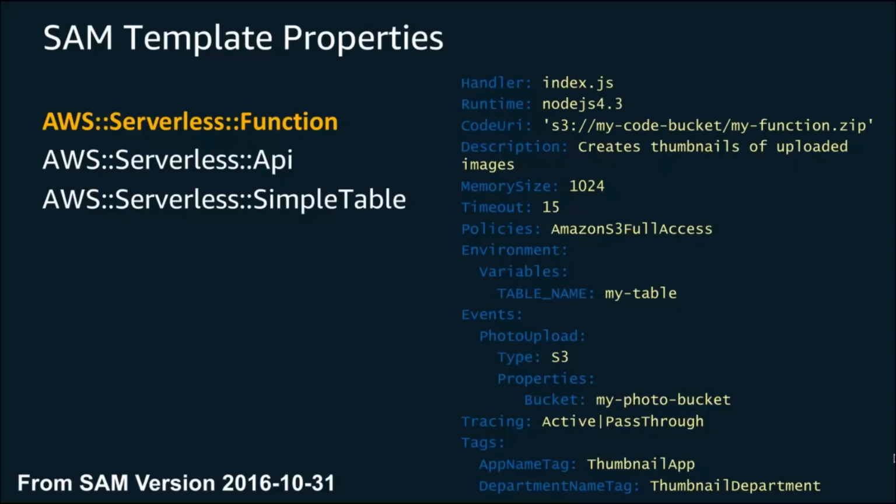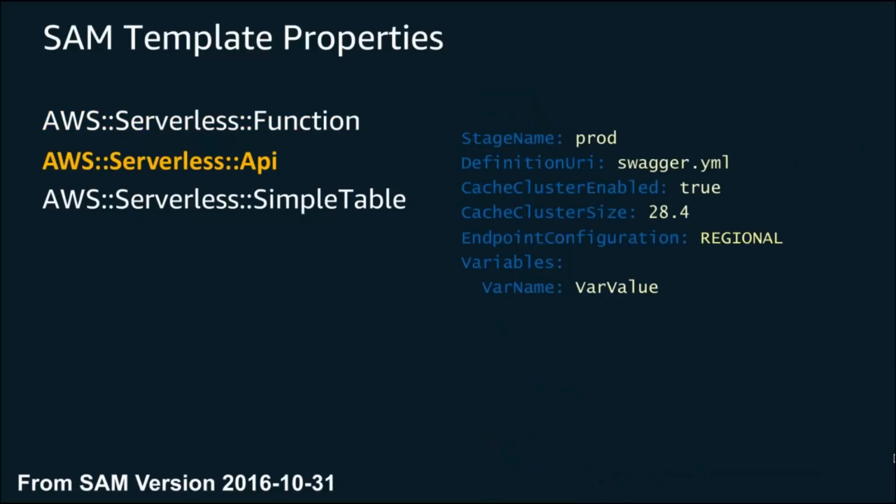But then we can still get down and configure some of these more specifically for our application. For example, turning on tracing for X-Ray, or actually setting the memory or timeout. You still have the ability to configure those if you so desire. For a serverless API, there's a little bit less that you can do here, but you still have exposure to a number of the capabilities.